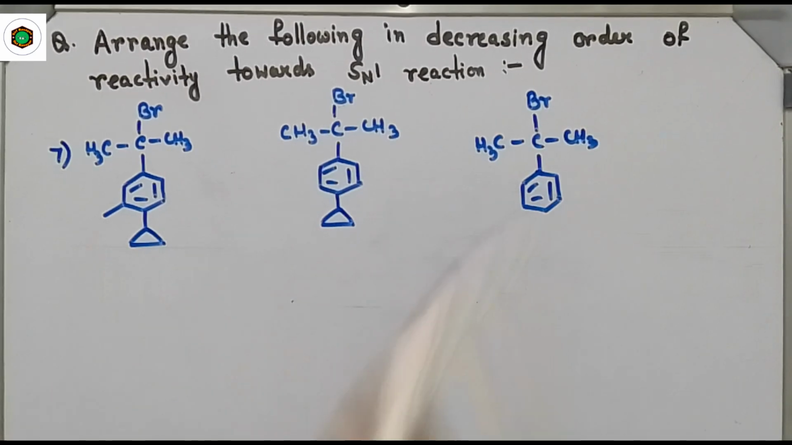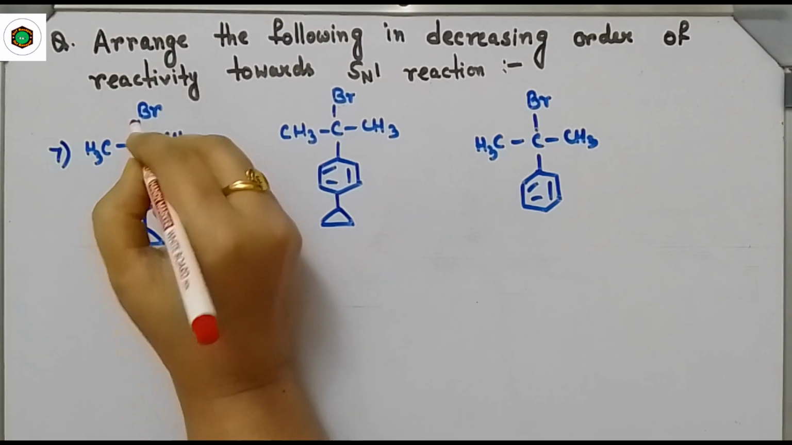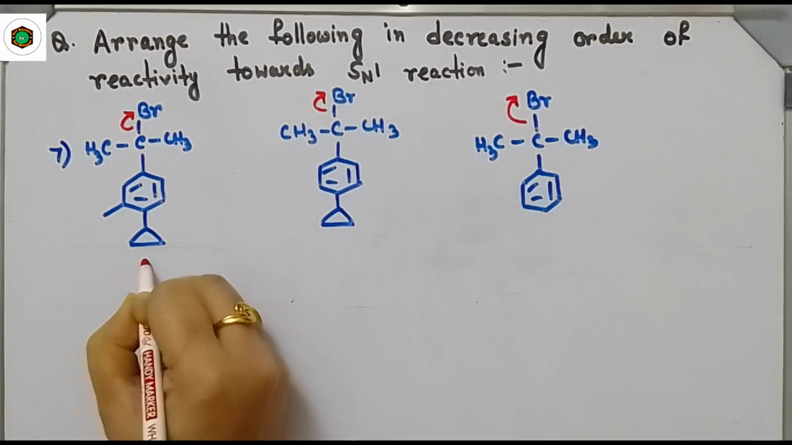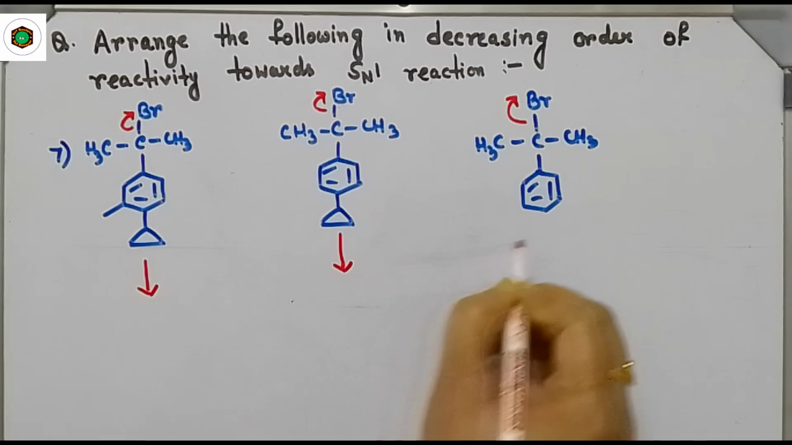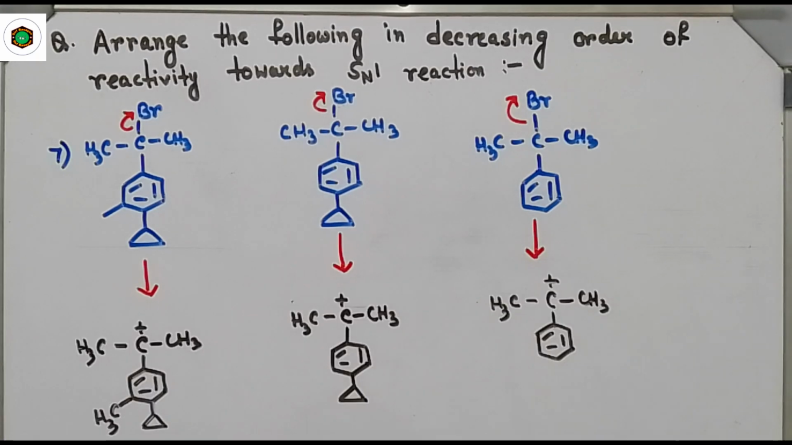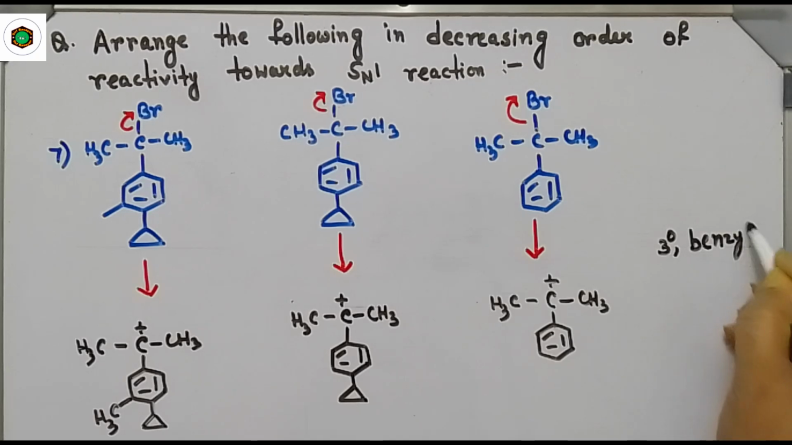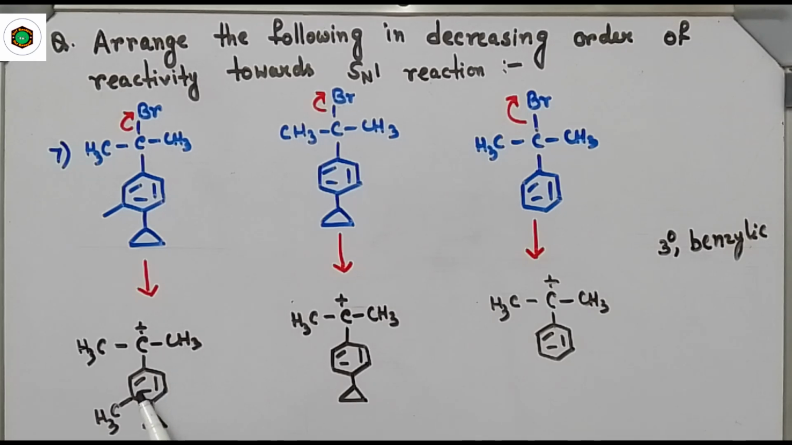Now for this set of compounds, we have to find out the reactivity towards SN1 reaction. So first you break the C-Br bond. What carbocations you will get? First write down that one. Now you will get these carbocations respectively. Now see, all the carbocations are tertiary, means third degree benzylic. So these will be stabilized by resonance effect with benzene ring and also hyperconjugative inductive effect of methyl groups,